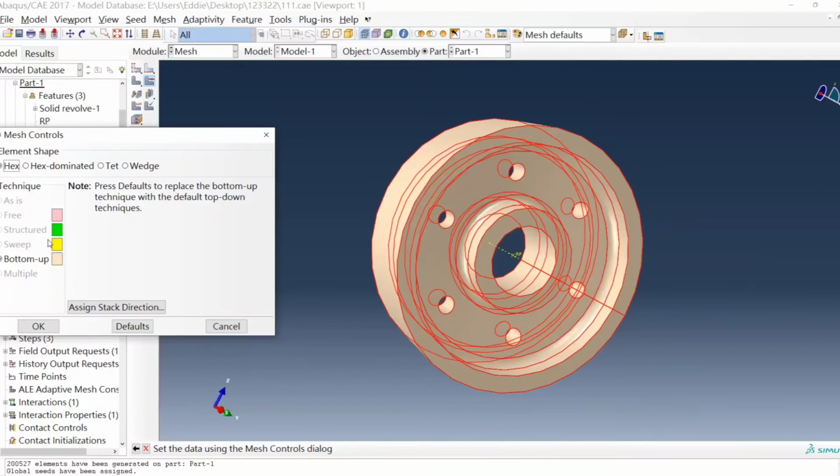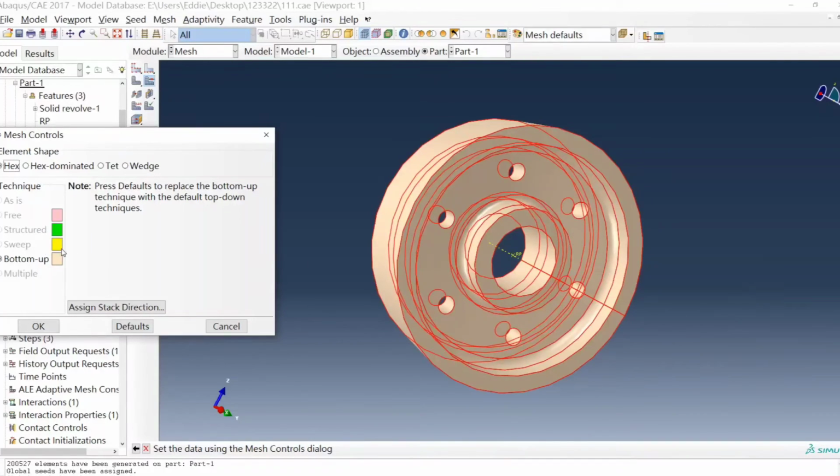Also you can use the swept one in yellow color, and now it's unavailable because we did create this model with sweep, but we created some holes on it, so we cannot match